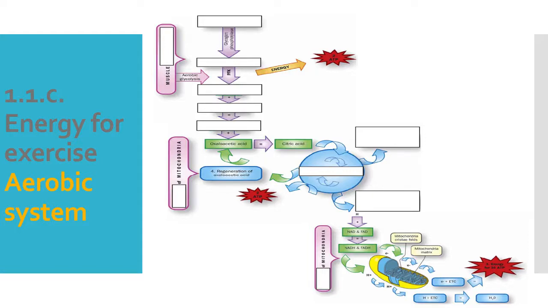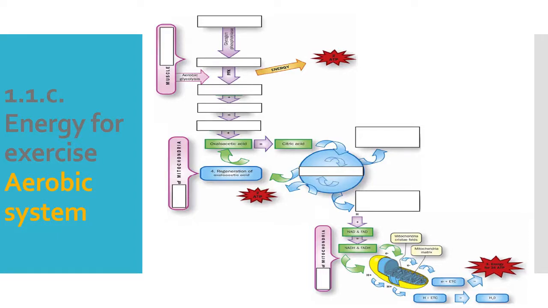And at which point then the pyruvic acid goes through a link reaction catalyzed by coenzyme A to produce acetyl coenzyme A. Okay. This acetyl coenzyme A then enters the Krebs cycle, so this would be our Krebs cycle. The Krebs cycle takes place then in the matrix of the mitochondria,